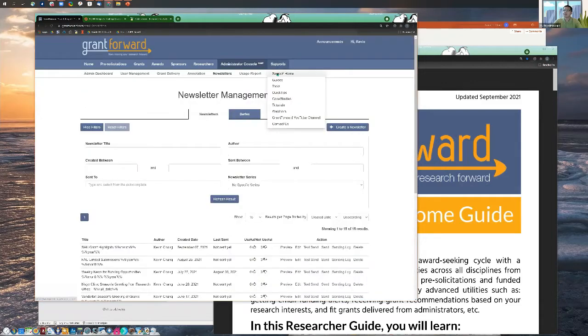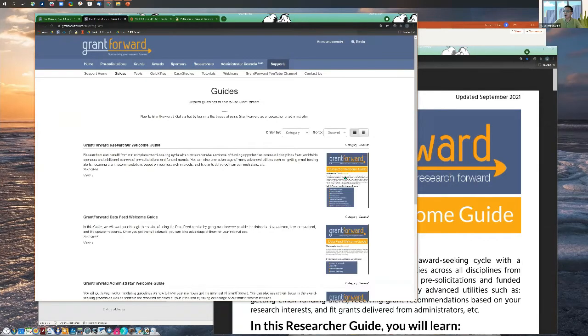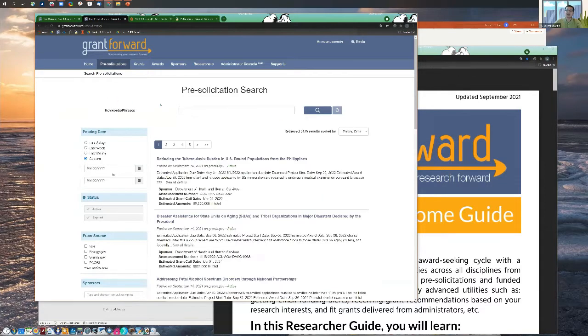Okay, the next tab is the support tab. Here you will find a lot of useful material, including the guides I talked about today. Okay, the welcome guide for you to learn about GrantForward. There are many other things such as recorded webinars. But let me go back to, well, this tab is pre-solicitation. So here, okay, again,